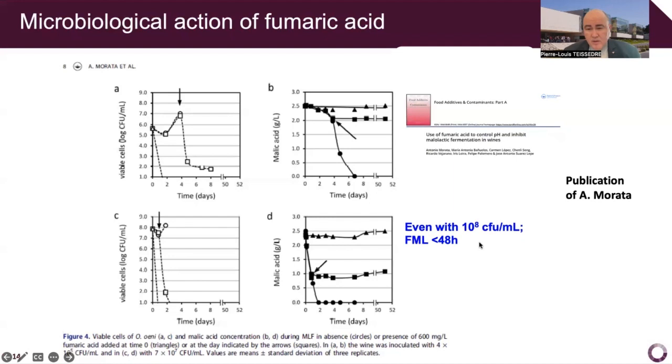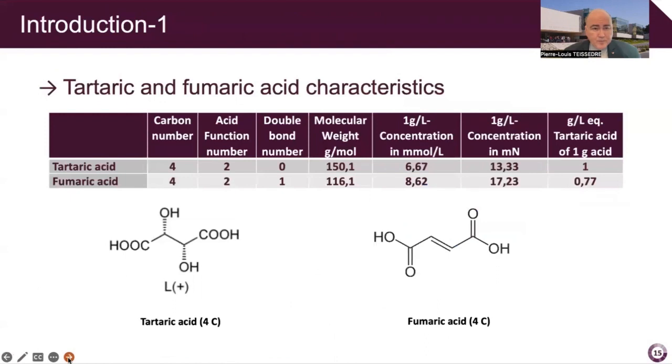And even with 10 to the power of 8 colony forming units per milliliter, the malolactic fermentation can be stopped in 48 hours. In fact, it's what was found here. So that's very important, and it's what is actually used now as a new practice in wineries. So if we do a comparison between tartaric acid and fumaric acid characteristics,